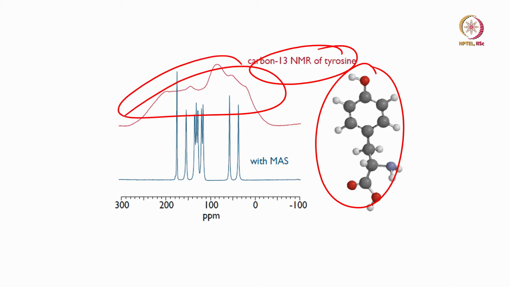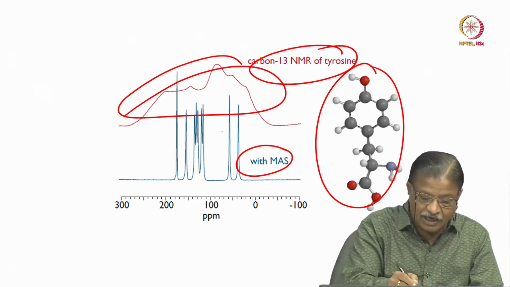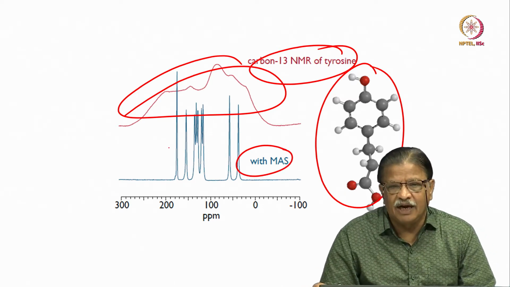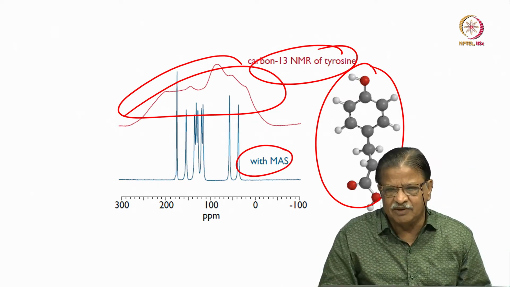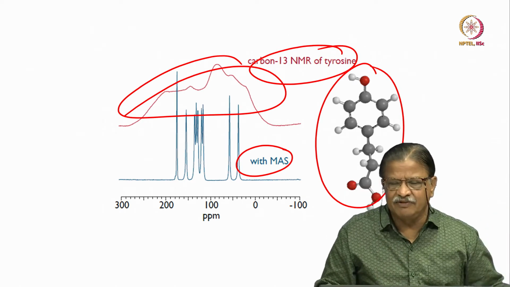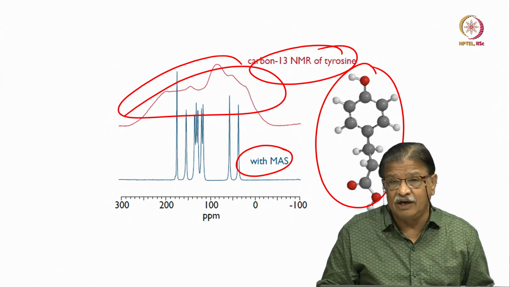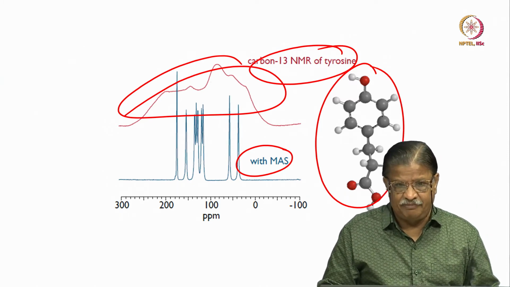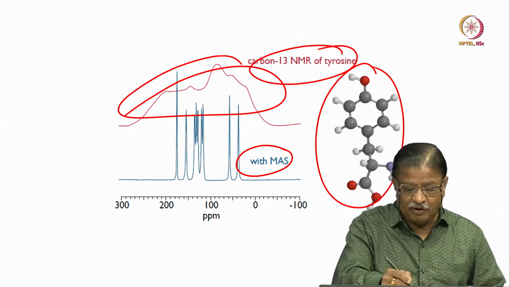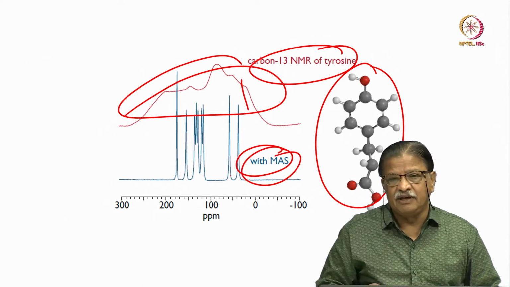As soon as you start spinning with magic angle spinning, look at how sharp the lines are going to get. Of course, it is no way comparable to a liquid state NMR spectrum, where the line width is of the order of 0.2 hertz or 0.1 hertz. But here the line width is still quite large, 40 to 50 hertz. Nevertheless, you can see, compared to the powder pattern, there are very sharp lines when you start spinning at the